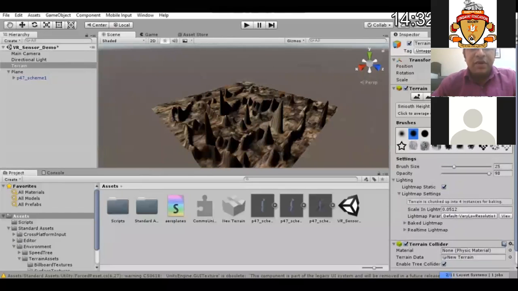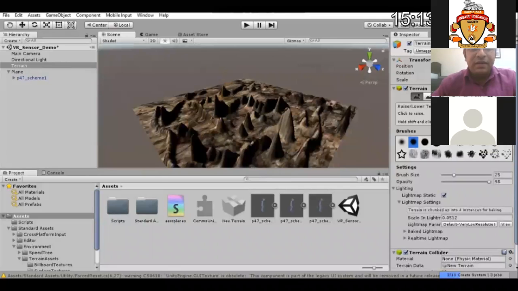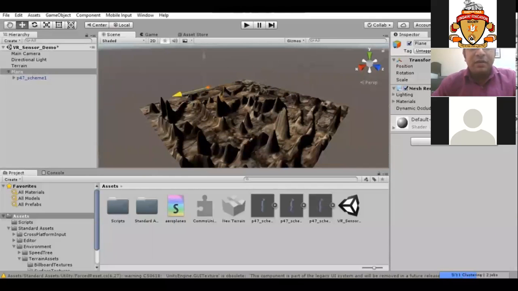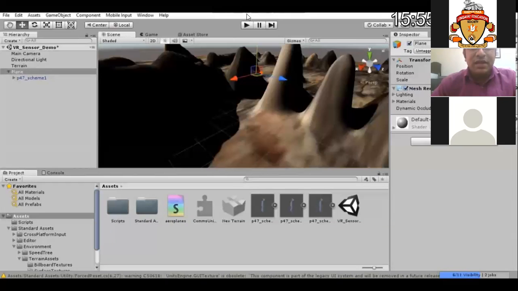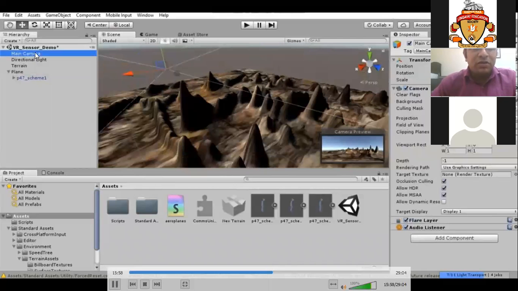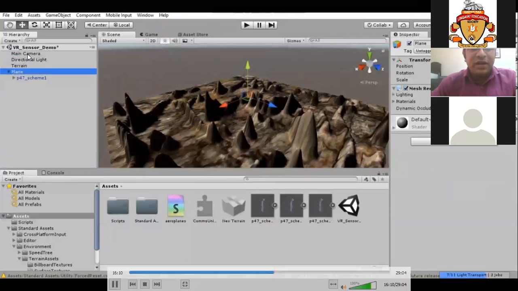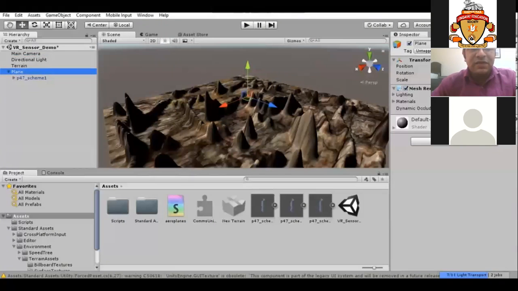Okay, once the terrain part is done, the next part is I will place the plane in such a position, and I will also place the main camera in such a position so that it becomes able to visualize the plane. So I'm using the main camera over here. Since we are not using the AR application, the main camera is visualized.